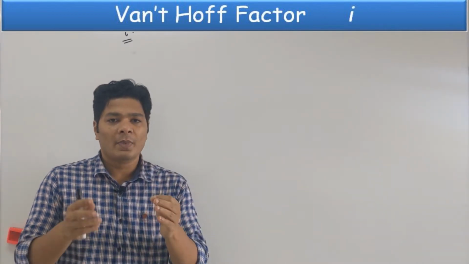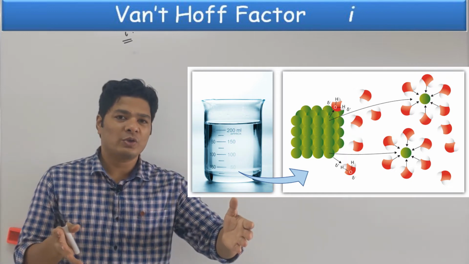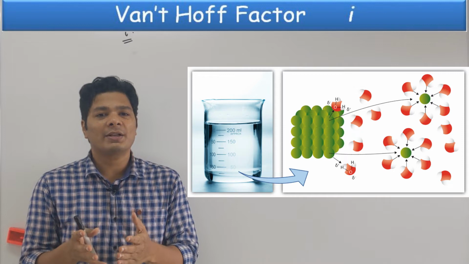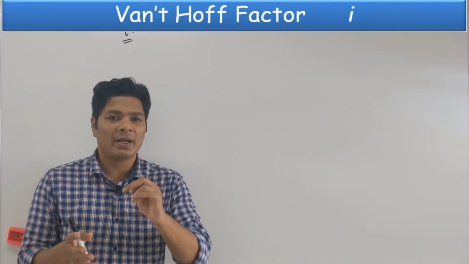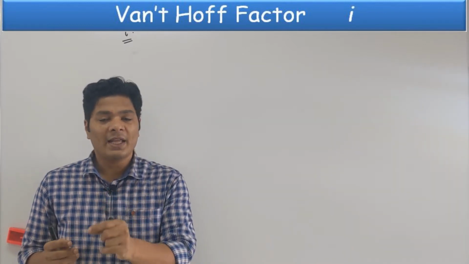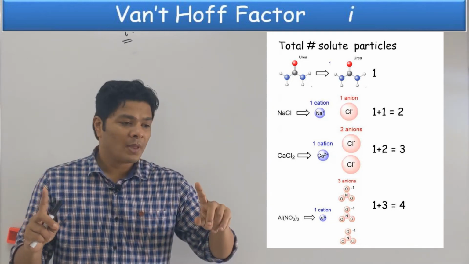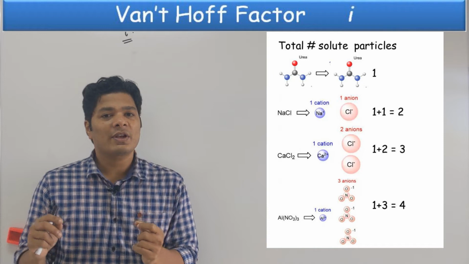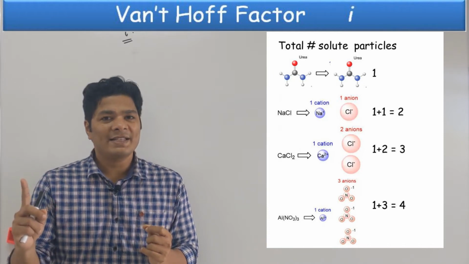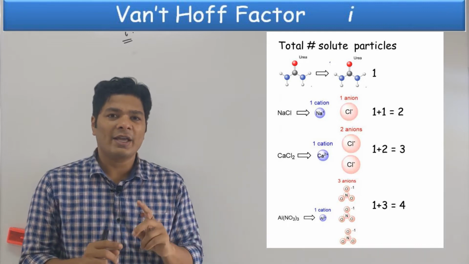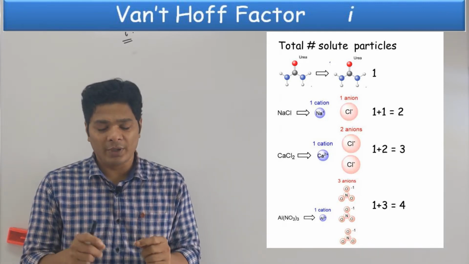When you take a solute, you put it in a given solvent. Most of the time the solvent is water. When you put it in there, how many effective particles do you get for every one particle that you put? For example, I take urea. One molecule of urea gives me only one particle in the solution. Whereas when I put one molecule of NaCl, I get two ions, Na+ and Cl-. So the i value is 2. So this is very straightforward.